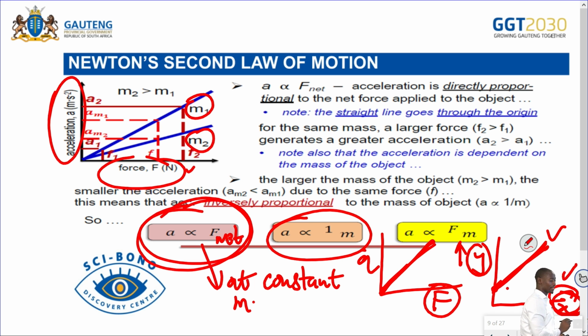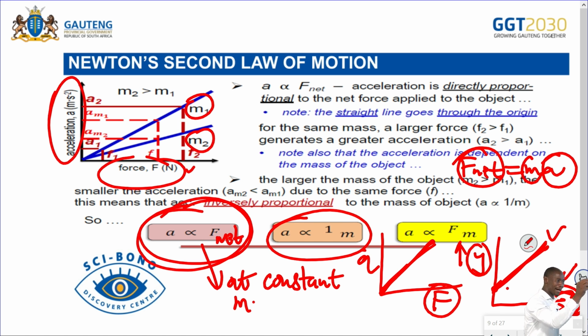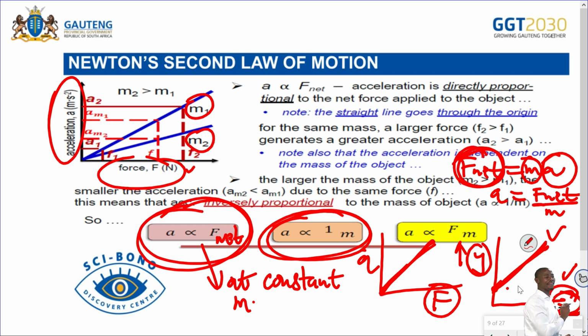mass, right? So according to this equation, F net equals ma, acceleration and the net force are directly proportional, provided the mass of an object remains the same. And then again, I'm making a the subject of the formula. It will be F net over m, then your acceleration is inversely proportional to mass at constant